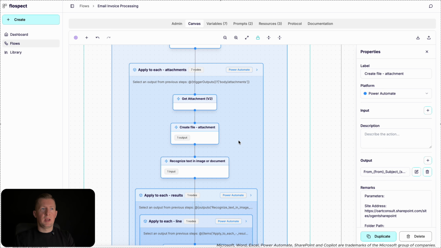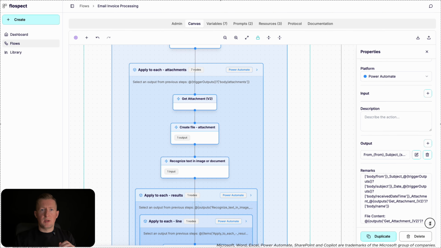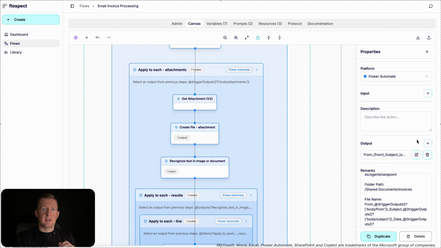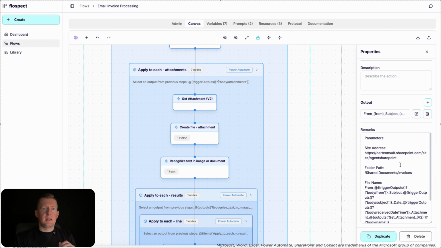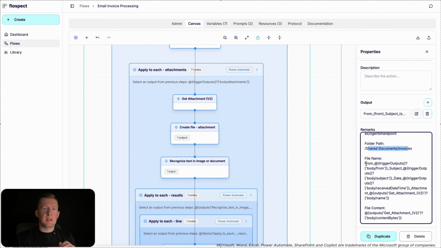Then we have the create file action. We are saving this email attachment file into a SharePoint library. In a SharePoint library, we have a specific folder structure set up for this process. The output file format and file name. The output file format is the same as the input. We are indicating which SharePoint site we want to use. There, what is the folder name where we want to store the invoices, and the file name is set up